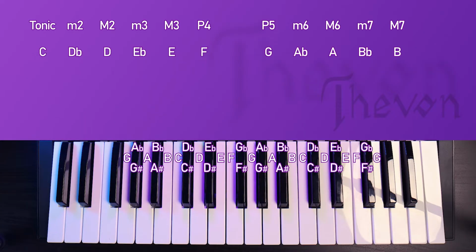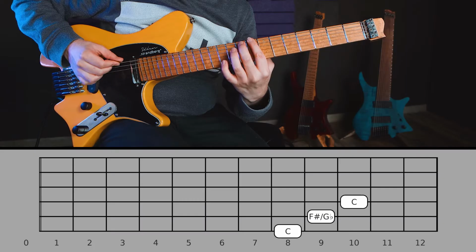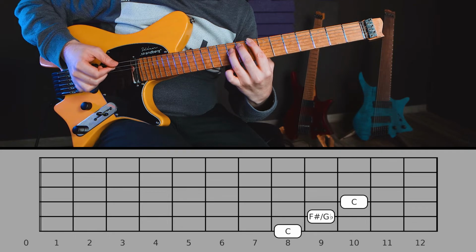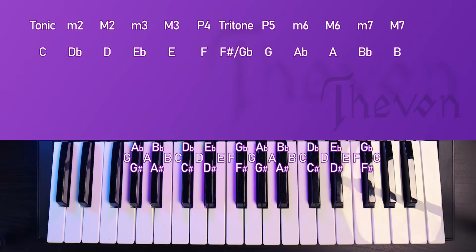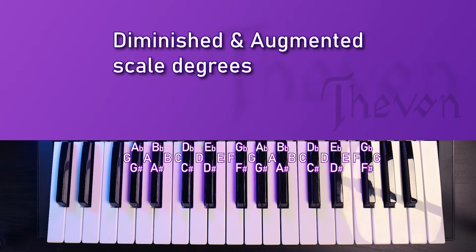Now there's one more tone left between the fourth and the fifth. This one is called the tritone. This tone can be an augmented fourth or diminished fifth, which brings us to our next topic, diminished and augmented